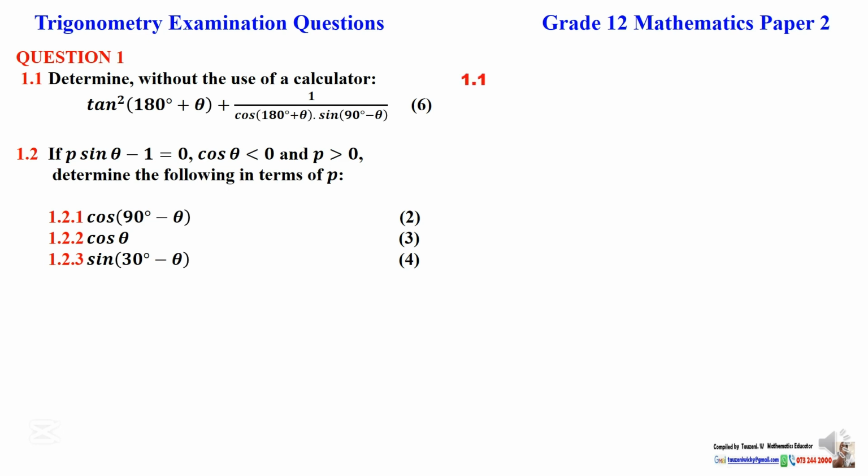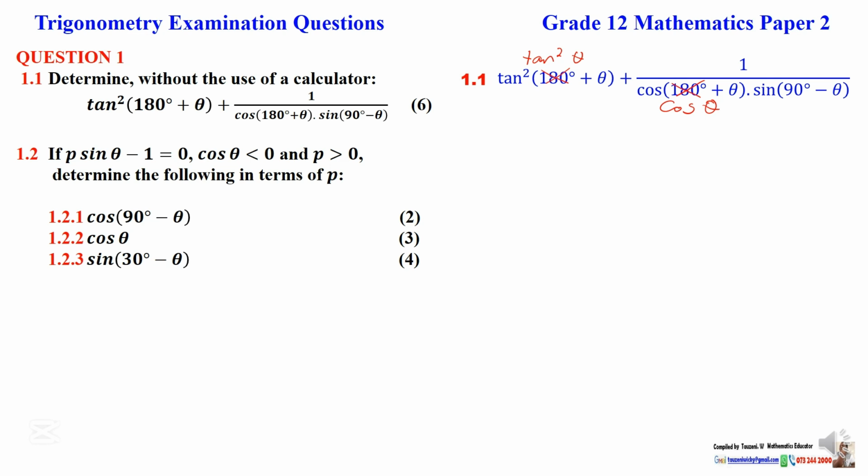Number 1.1. If you see 180 plus theta or 180 minus theta, then you must know immediately that the 180 falls away, giving me tan squared theta. Here, the 180 falls away, giving me cos theta. One important item is that once you drop the 180, the remaining expression becomes positive or negative depending on the